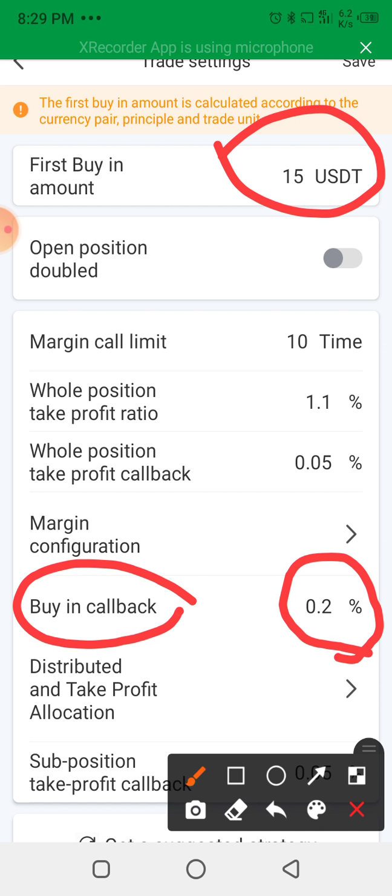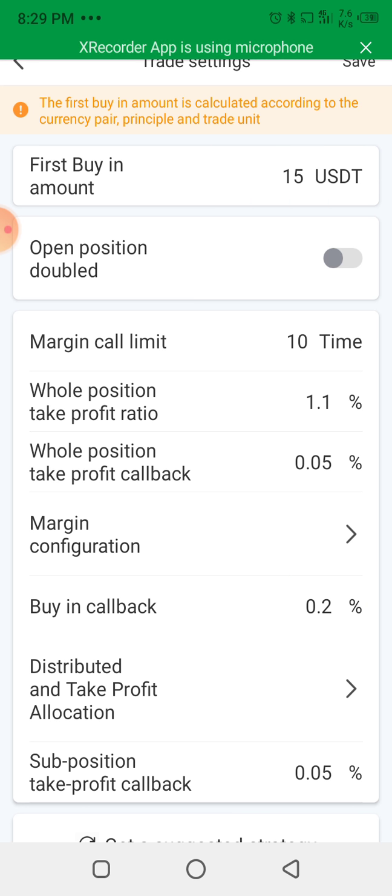Okay, there has to be a drop of 0.2% for this one to be executed, for you to bring in the first 15 USDT for the trade. Okay,